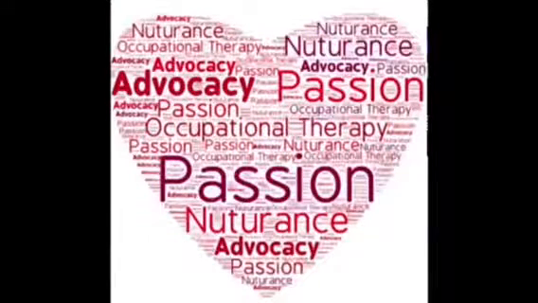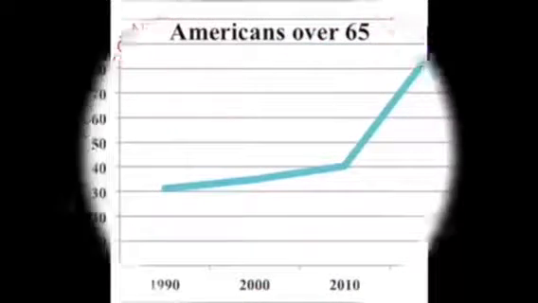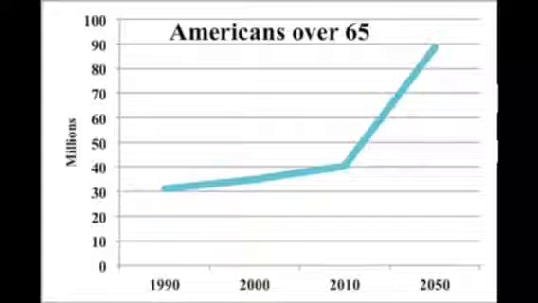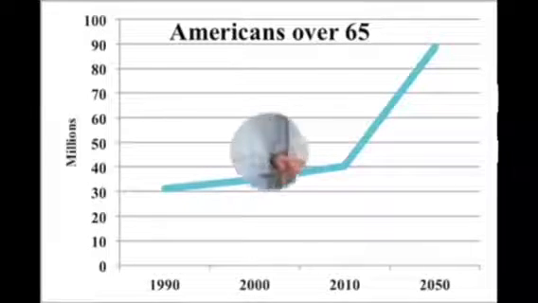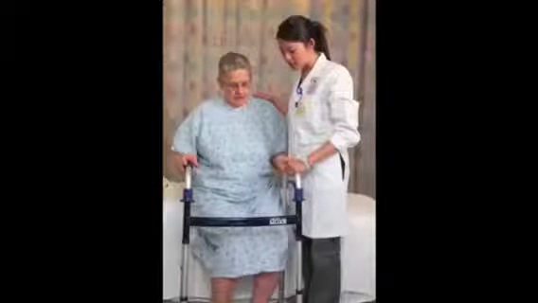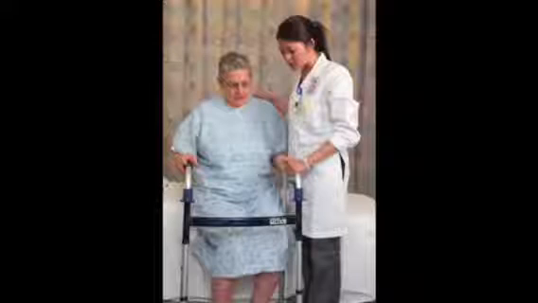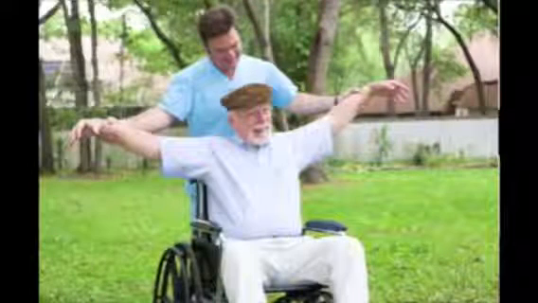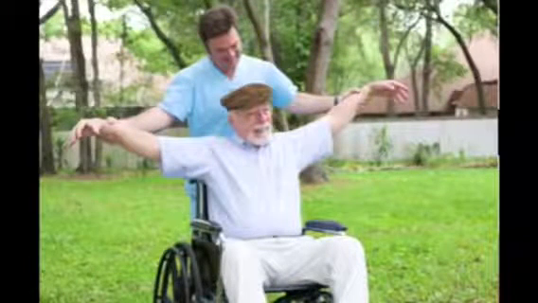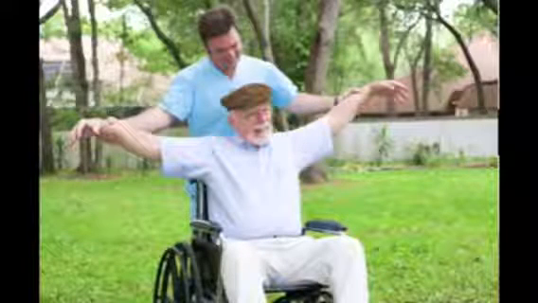According to the U.S. Census Bureau, 40 million people in the U.S. are 65 and older, making up 13% of the population. By the year 2030, the population of adults 65 and older is expected to double. Occupational therapy practitioners provide an array of treatment options for the aging population. The role of the occupational therapy practitioners is to keep older adults independent and safe while focusing on daily functional routines.